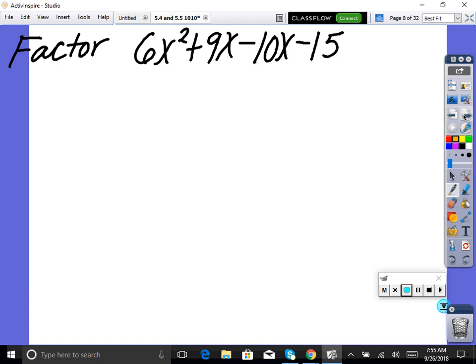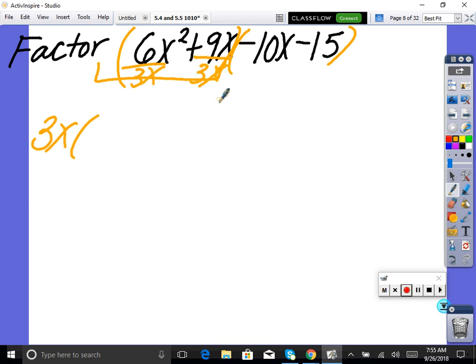Okay, let's look at this one. So it just is going to say on the test factor. You're going to have to recognize there's no greatest common factor, and it's 4 terms. So I'm going to try factoring by grouping. Okay, let's pull out the greatest thing in common here. 3x, so then divide by 3x, divide by 3x. So left in my first term here is 2x